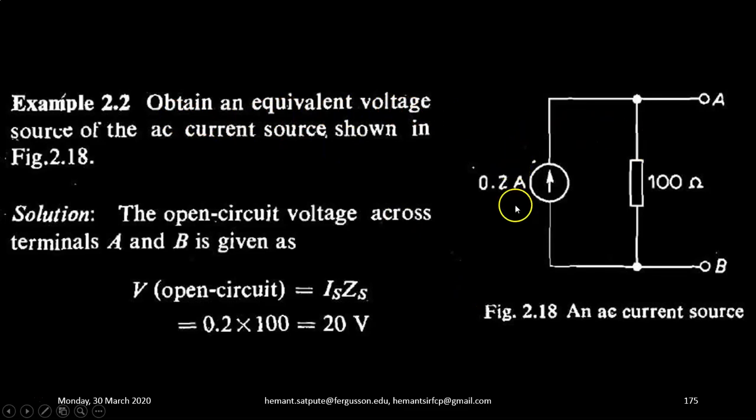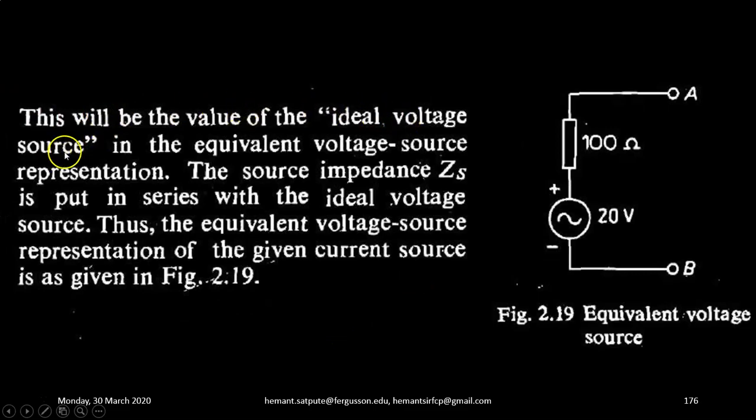Obtain an equivalent voltage source representation of the AC current source shown in figure 2.18. So here a current of 0.2 ampere has been shown connected in parallel with an impedance of 100 ohm. We need to convert this into an equivalent voltage source representation. So let's find out the open circuit voltage across the terminals A and B. It will be given by the product of Is into Zs. So 0.2 into 100 will give you 20 volt. So this 20 volt will be the value of the ideal voltage source